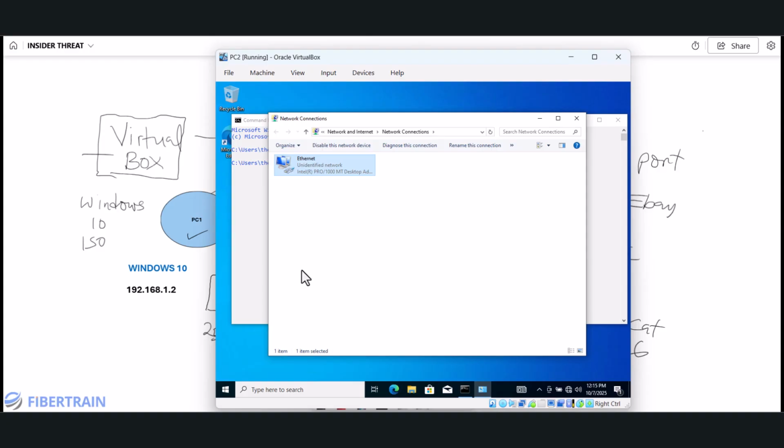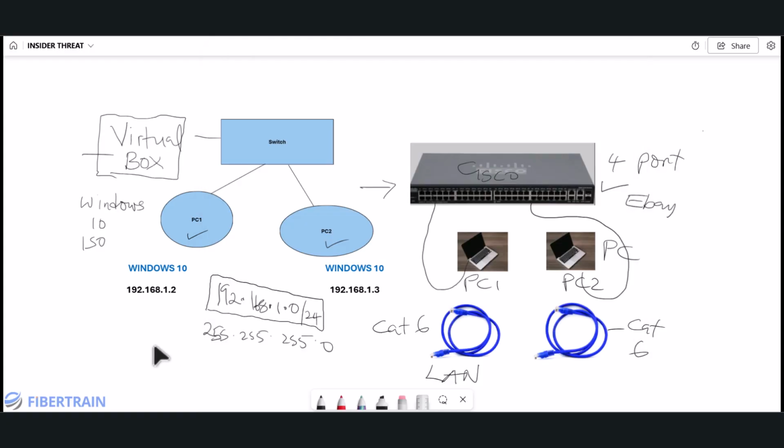Now the next thing to do is to check if these systems can talk to each other. So let me pick up my pen. So far, we have successfully given this machine IP address, which is 192.168.1.2, and this one also has its own IP address, which is 1.3. Now, let's see if this PC can actually talk to this one, and also we check if this one can